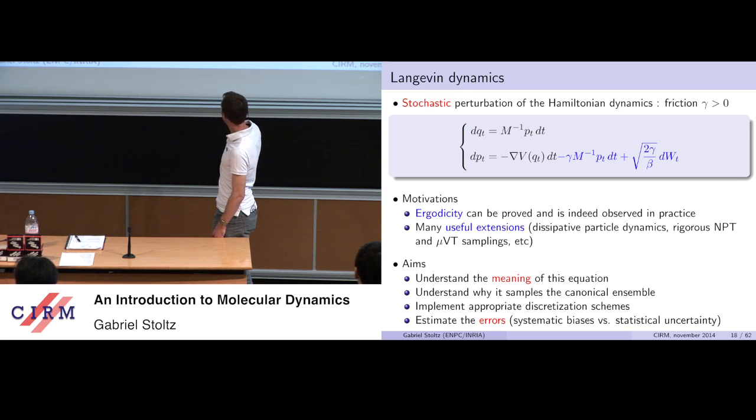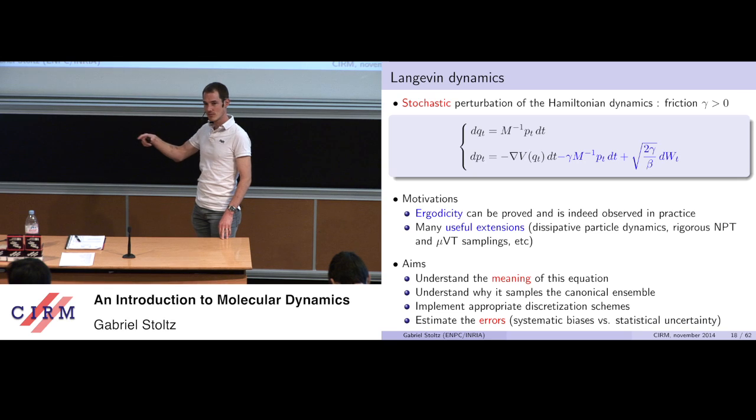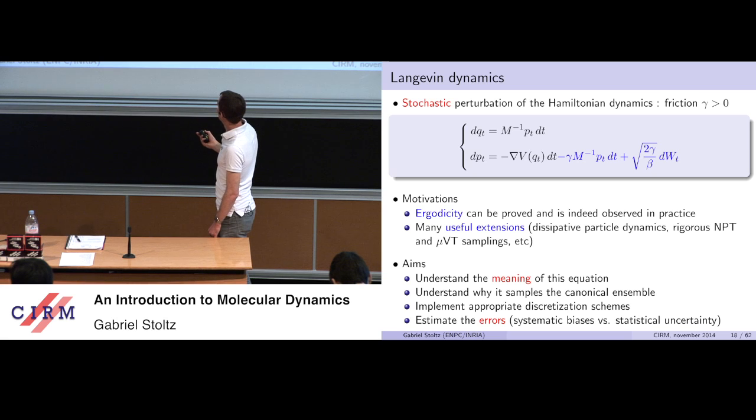When you do that, I claim, and I will show you some elements of that, that this dynamics is ergodic for the canonical measure. So if you integrate in time and compute the average of A(q_t, p_t) dt over time, then you really converge to canonical averages. So it's a nice dynamics as such, and it can be extended in various ways to sample all other types of ensembles. It really should be thought of as something paradigmatic.